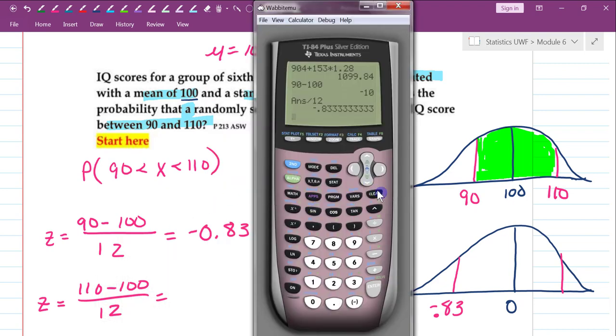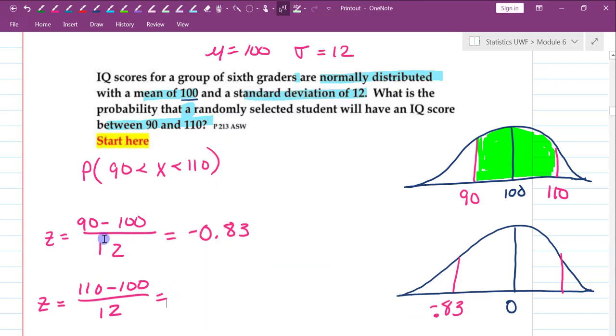And I'm going to use parentheses this time, so I'm going to go 110 minus 100 divided by 12 is equal to, well, okay, 0.833. So positive 0.83. And the area under the curve that we're looking for,